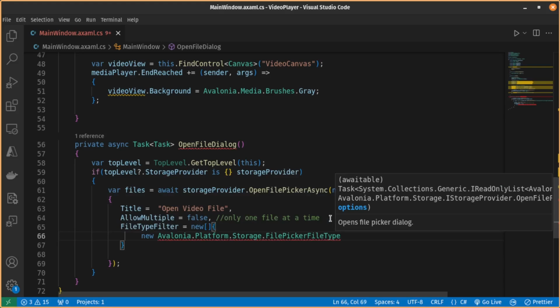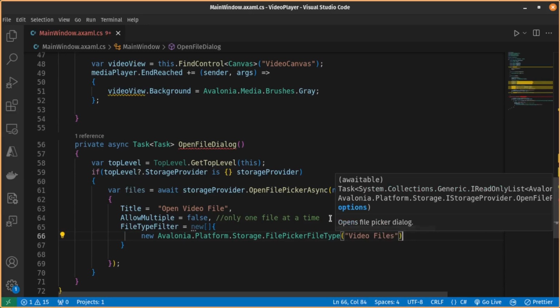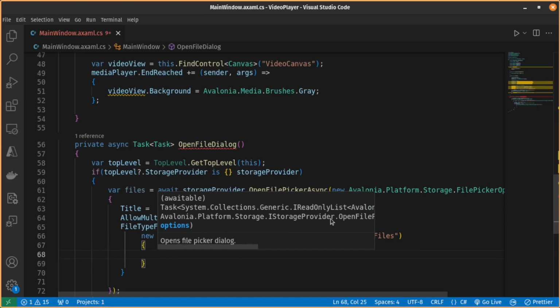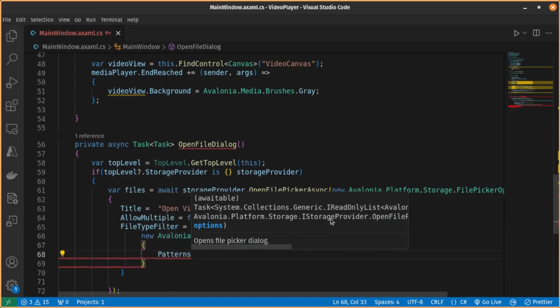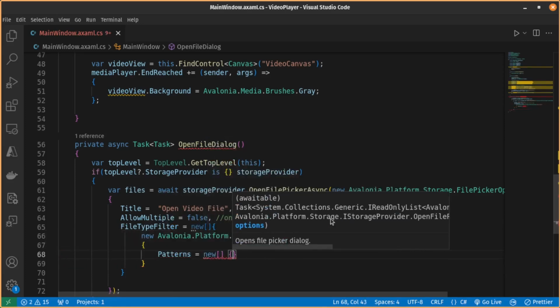And then we're gonna provide this video files. It's video files, and we're gonna say parentheses again, and we're gonna provide patterns for the video files. So it's gonna be new array of,